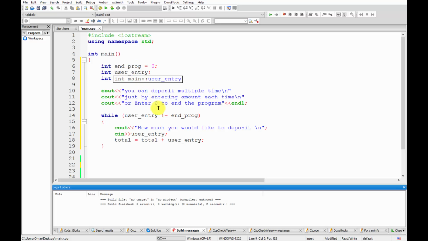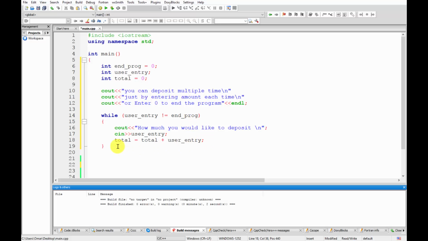Basically, the sentinel value is the value that's used to tell the program to stop, and you could use it in other different conditions. So this is just an example. We use the while loop because we are in the loops. You could use it in different situations. So just keep in mind that we use the sentinel value to specify that we would like to stop that program. So over here, as long as the user doesn't enter the sentinel, which is 0, then our program will keep